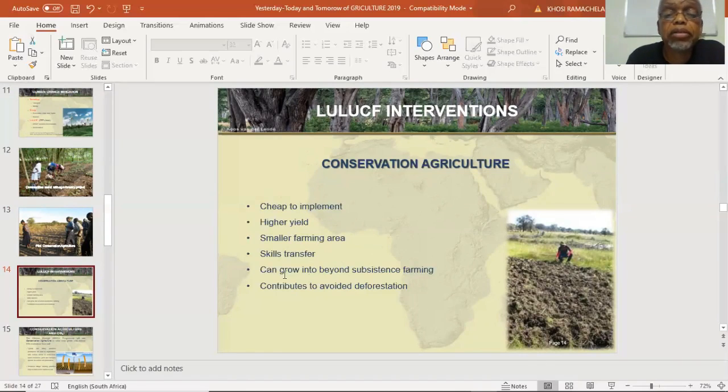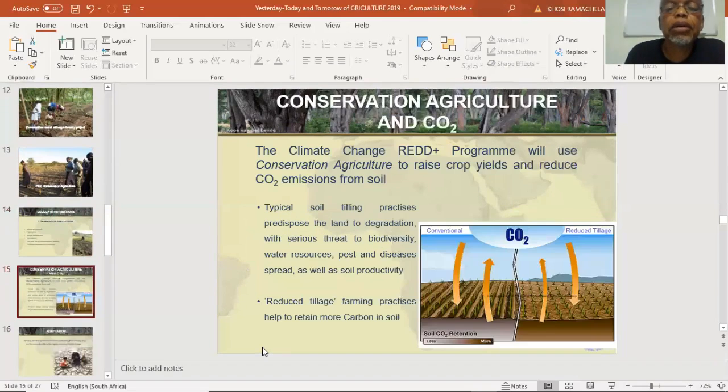The aspect of skills transfer in terms of agricultural technology promotes skills transfer to local communities. Then it can grow beyond subsistence farming. Farmers would be able to produce crops with yields that they can take into semi-commercial or commercial operation systems. And the other aspect contributes to avoided deforestation, in that farmers won't have that desire to expand land, because within a small area they will be able to produce food for their households. All right. So conservation agriculture, right under the